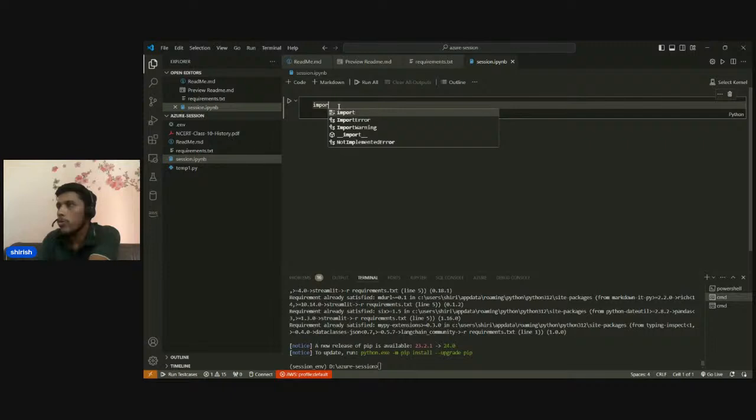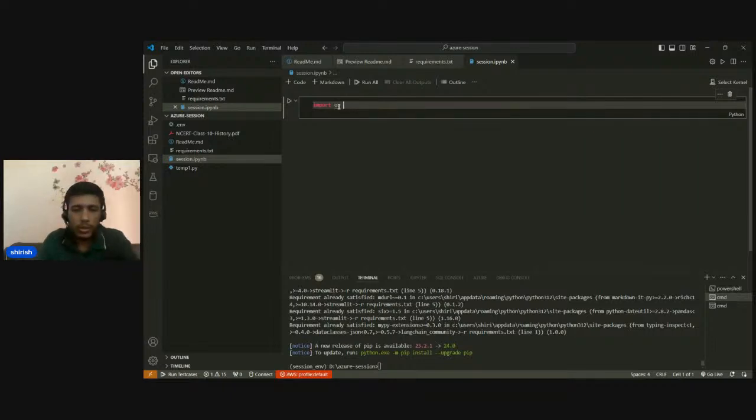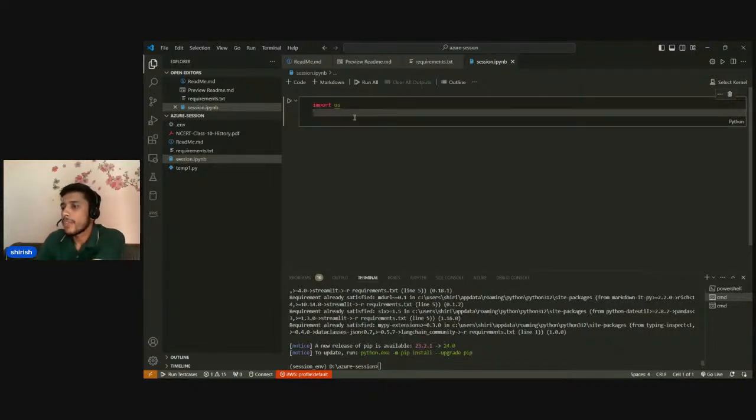What I have to do is import os here, and after that, from dotenv import load_dotenv,